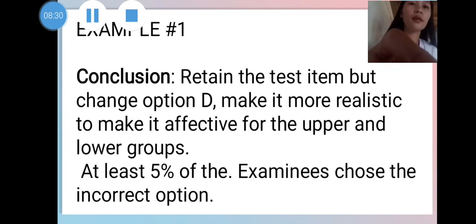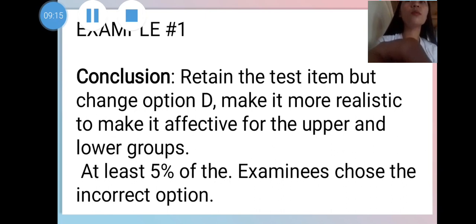retain the test item but change option D, make it more realistic to make it effective for the upper and lower groups. So at least 5% of the examinees choose the incorrect answer. So para masabi natin na okay na yung distractor, as we all know, 0 yung nandyan sa table sa option D. So, walang student na nakakuha ng tamang sagot sa option D. So, maybe, in other words, we need to change that option. So the right answer, or yung option natin, is color. Dapat color yung ilagay natin. So, therefore, all the options are